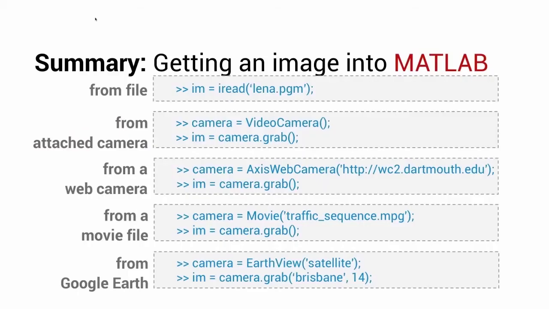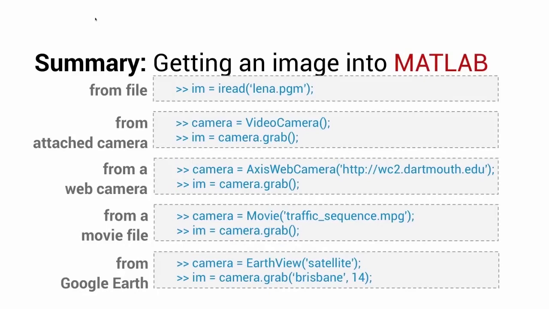Let's summarize some of the key things that we have learned about getting images from the world into a computer where we can manipulate them with MATLAB. We have looked at a number of examples about how we can load images from a file, load images live from a camera, load images from somebody else's camera, a web camera attached to the internet somewhere on the planet, how to load frames from a movie file, and we can even load frames from an online internet service like